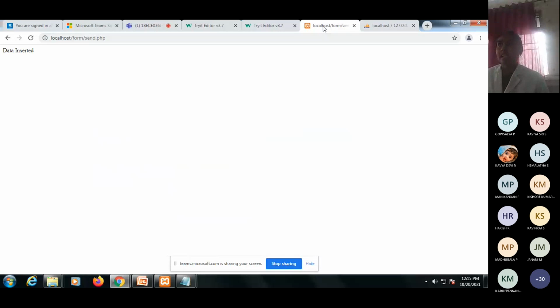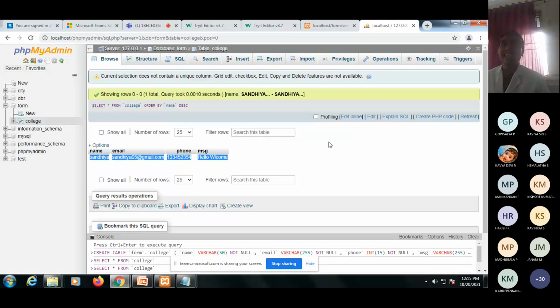Here I have created an HTML form, then created a PHP code for this send. This post method has a message to type here. Okay, type a message here, then that is directly inserted. So this is what I'm saying. This is a way of creating a web development using MySQL. So how to develop a web development in MySQL using the post method.